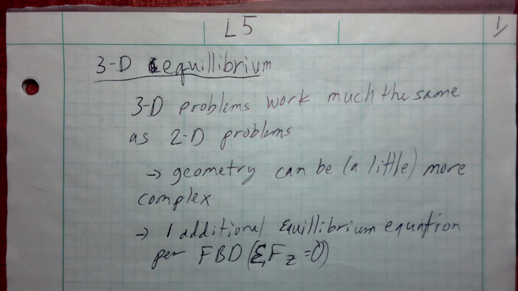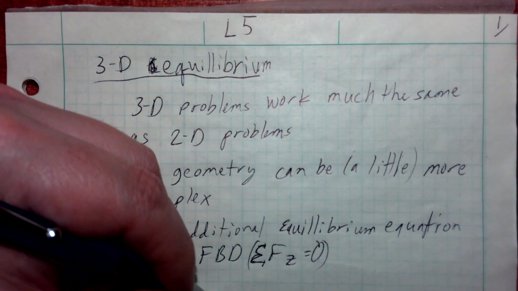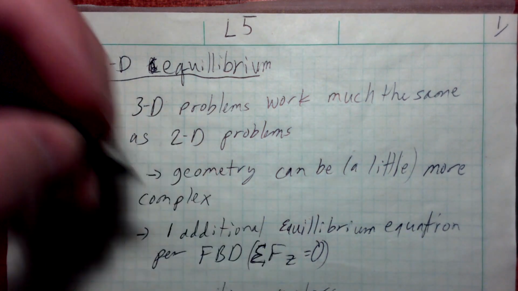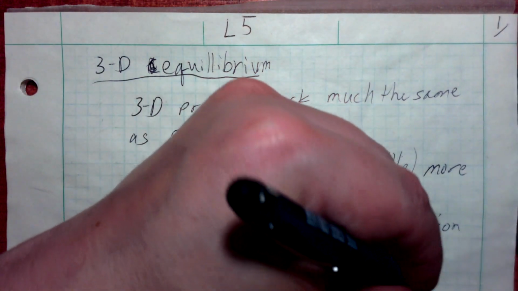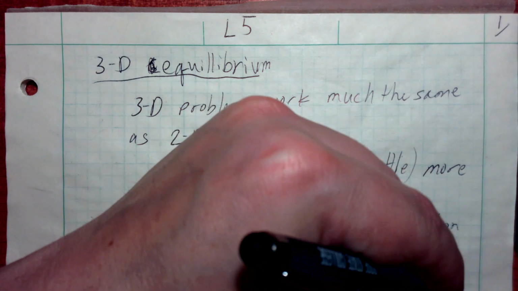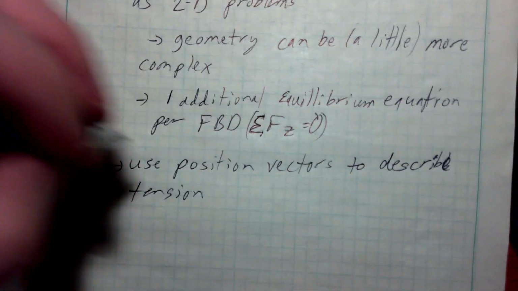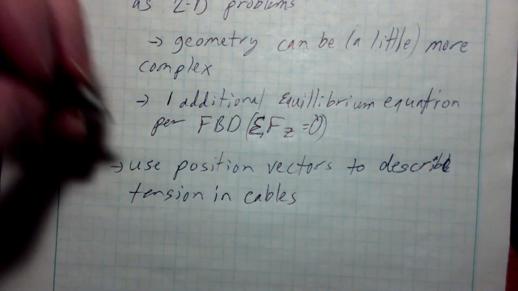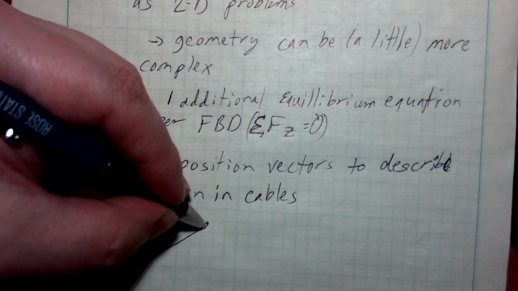Okay, so what else do we need to know? Of course, we're going to use position vectors to describe tension in cables. All right, we've seen that, so if I've got some cable between points A and B,